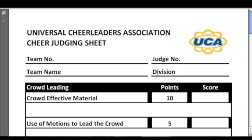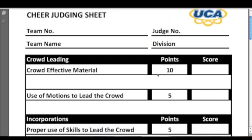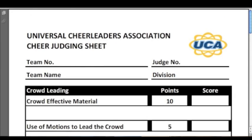So even if you go to an NCA competition and a UCA competition, you want to make sure you consult both score sheets, because there may be some changes you can make from one routine to the other to maybe bump up your scores in different places. So it's crucial to understand your score sheets before, during, and after, even as you evaluate your year and your routines